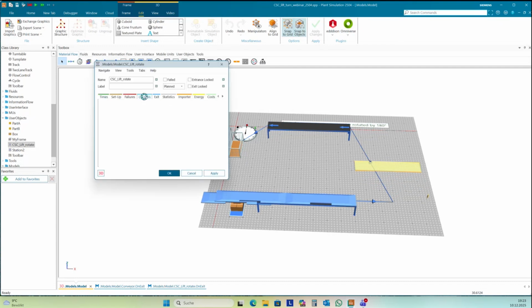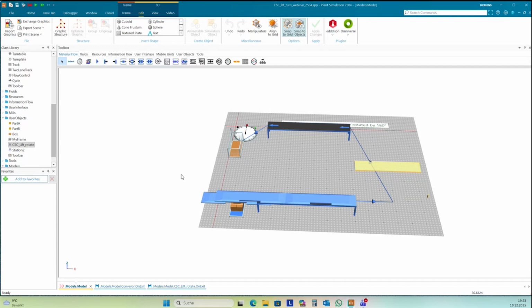First, I need to check the controls, exit controls, okay. So once again, it doesn't move, it doesn't show the movement here. We don't see it here.